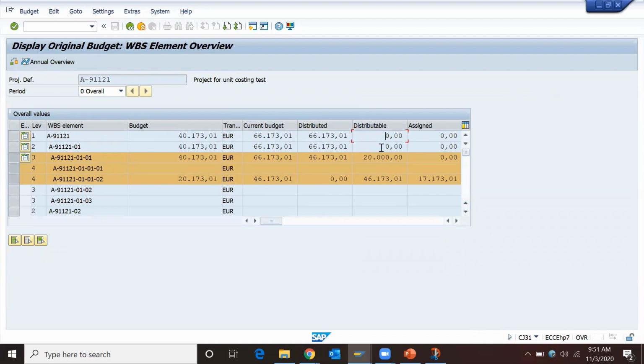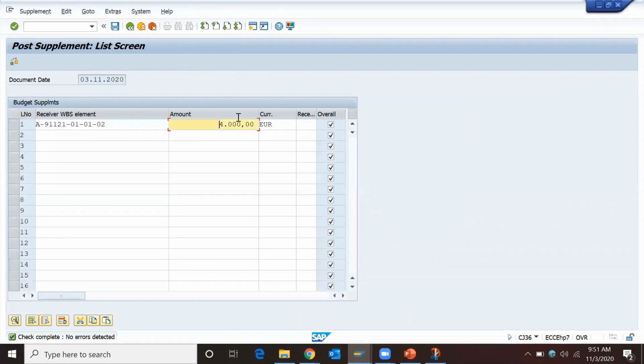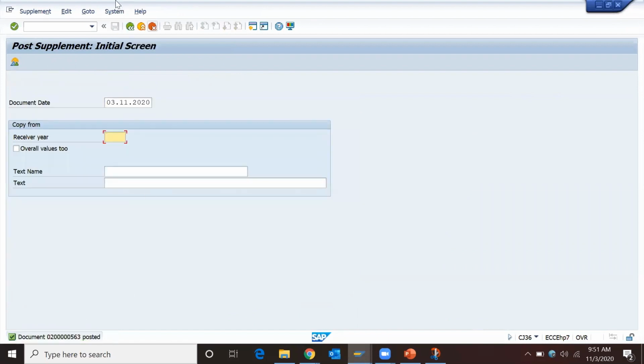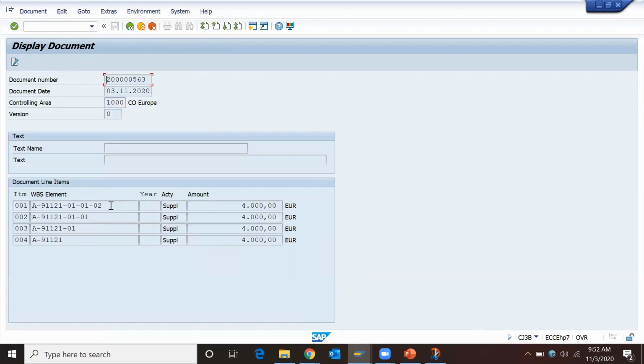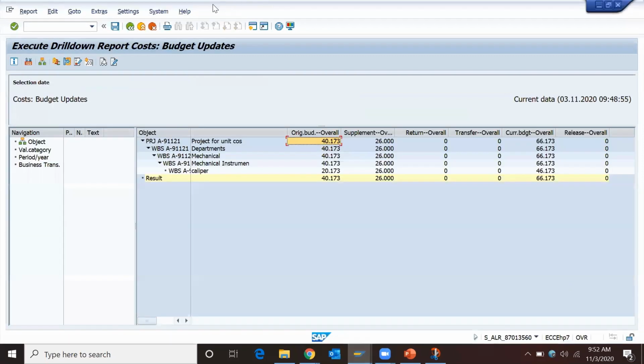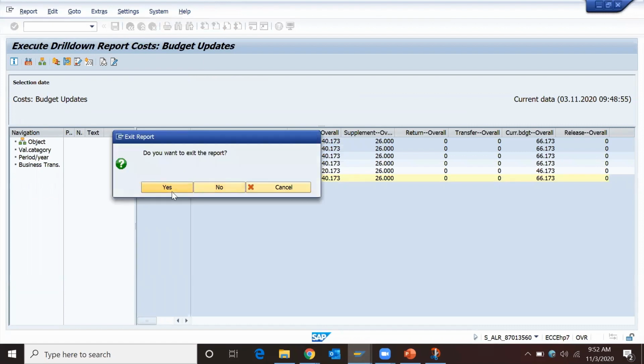So when I post a supplement of 4,000 rupees, press the check icon, and when I save it, CJ3B, I want to display. So 4,000 rupees is getting added at top level WBS element. Okay, so when I execute this budget update report again,